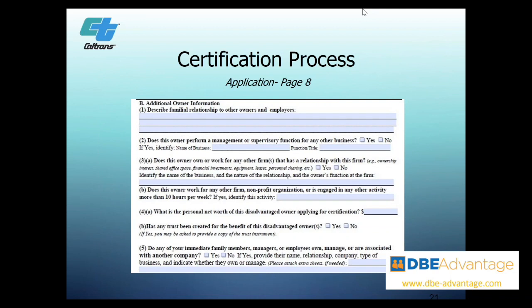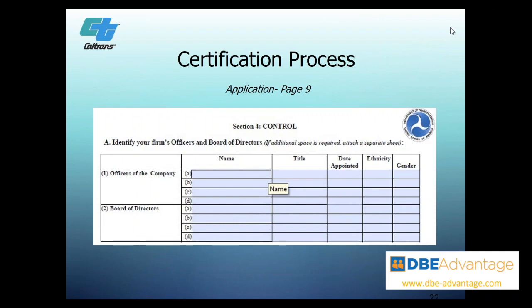So when you do have a trust, I just want to share with all of you that it is a red flag. It is something that the reviewer will be looking for. And if they find it later, because they will be looking at your tax returns, then again, the red flag is going to get even redder if you don't disclose that you in fact have a trust, especially as it relates to your business. All right, control.